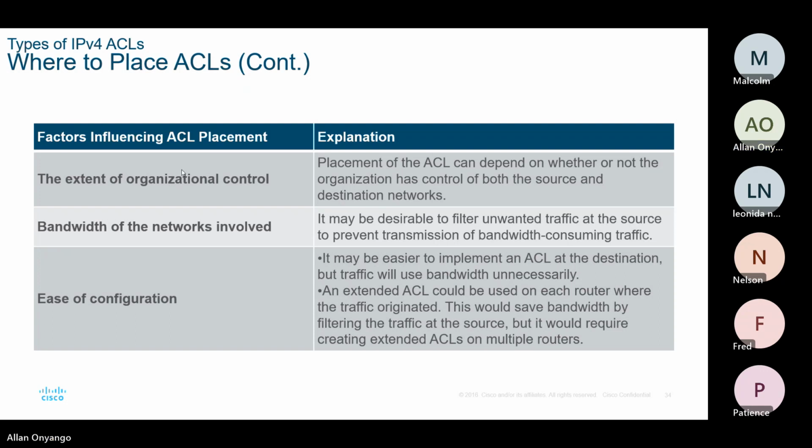Maybe the destination router might not belong to you or your organization. It might belong to the ISP, and you can't configure the ISP router because they have their own admin access to it. Bandwidth available in your network is a very great determinant of where to place these ACLs. And finally,